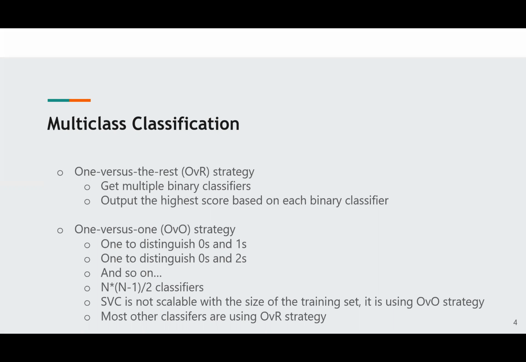For multi-class classification, there are two types of strategies. One of them is called the one versus rest strategy. The way you do it, you get multiple binary classifiers and then output the highest score across the binary classifiers. So in the MNIST example, you can start with 0 and non-zero, 1 and non-1, 2 and not 2, things of that nature. So it's a one versus the rest